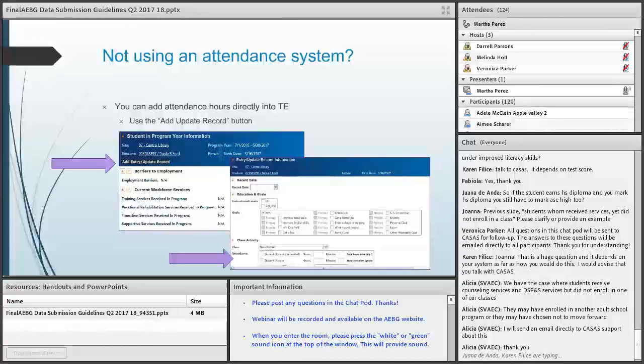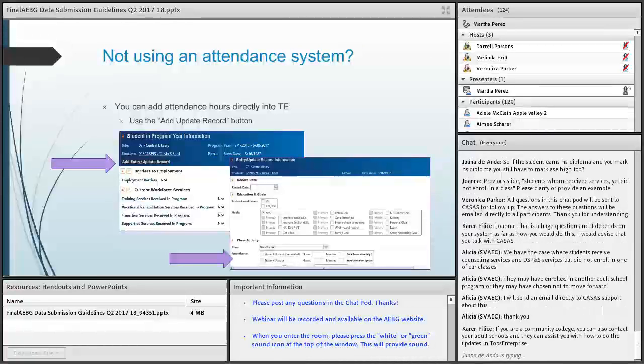Once you open the entry update record, you'll see the second screenshot in here, and it says selecting student update cumulated or student update. In the student update cumulated category, you need to make sure that you enter the total amount of hours that the student has spent in the system, in the program, or in the class. Okay? And for the student update, if you're just adding a couple more hours or 10 hours for a specific week, then you can just add that category.